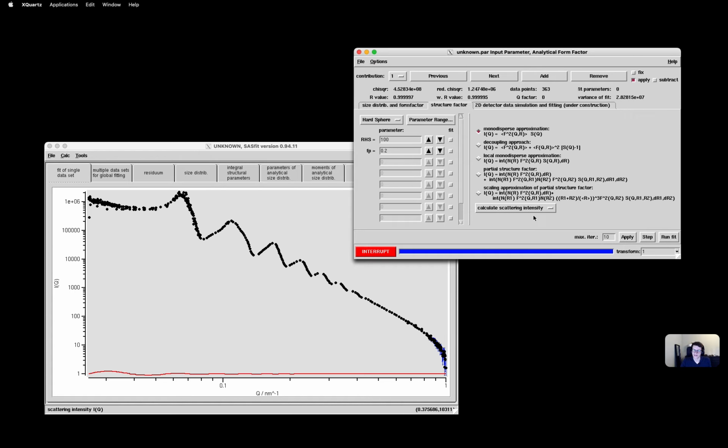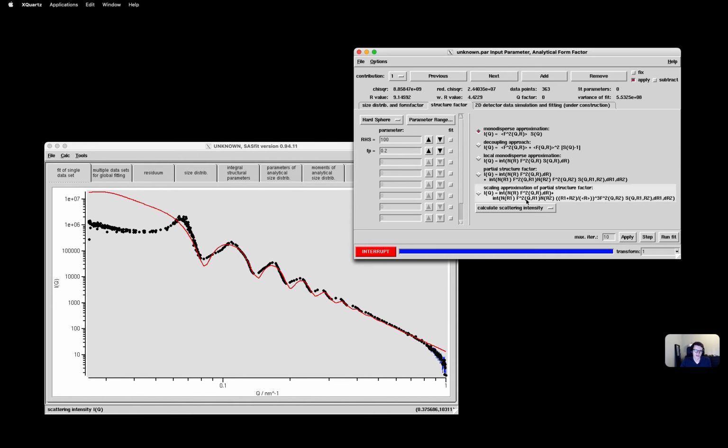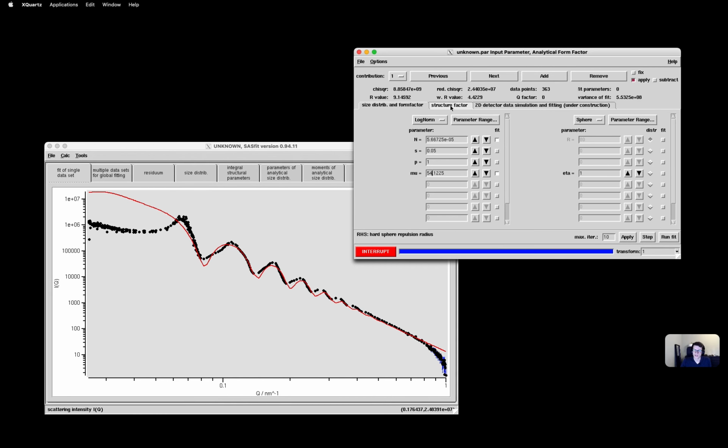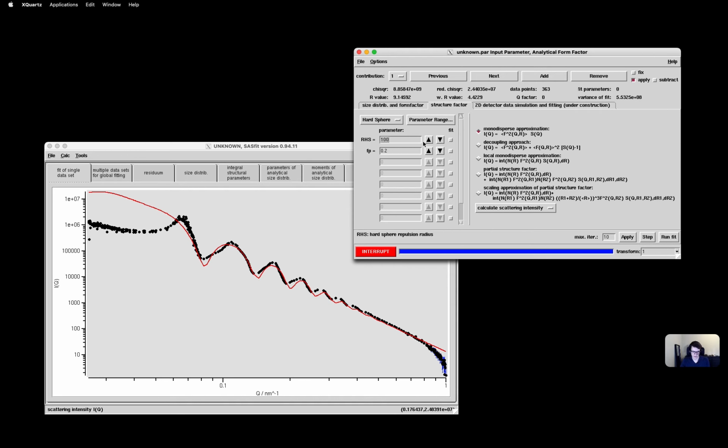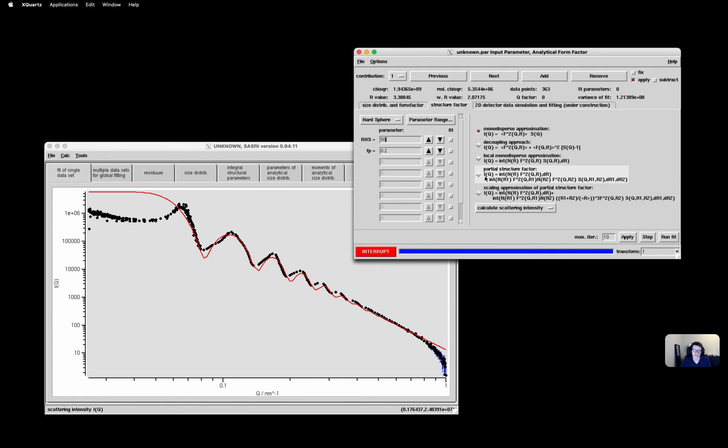So let's plot the overall scattering intensity by including the structure factor. And we see that it damps kind of the beginning of the curve, but that's certainly not good enough. Oh, we are at around 50 because it's the radius, not the size.